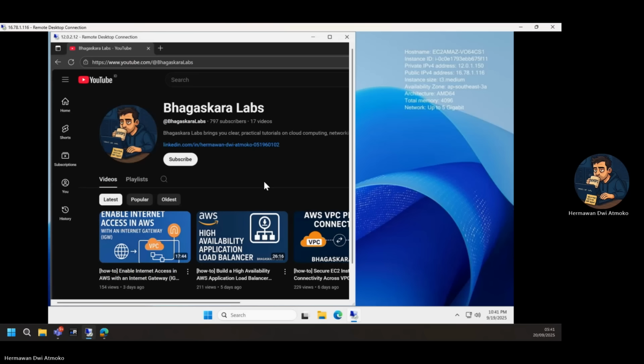By implementing a NAT Gateway, you can maintain both security and connectivity for private resources, a best practice in AWS networking. That wraps up our complete tutorial on NAT Gateways. We've covered everything from creating a VPC and subnets, launching EC2 instances, testing connectivity, to enabling secure internet access for